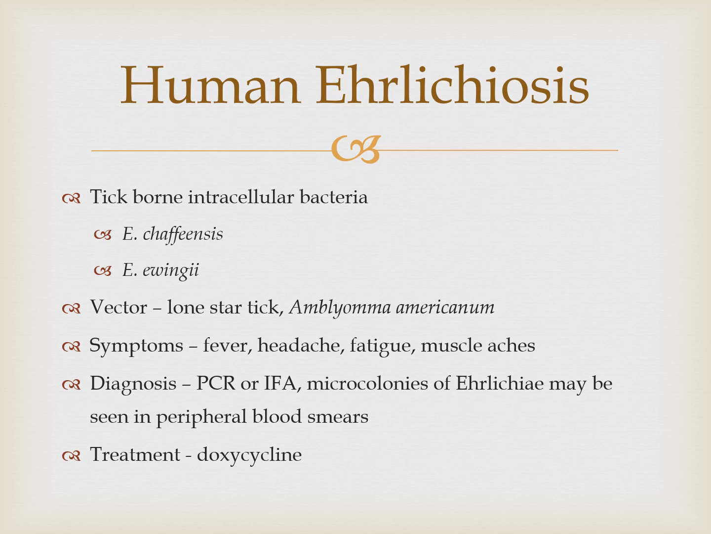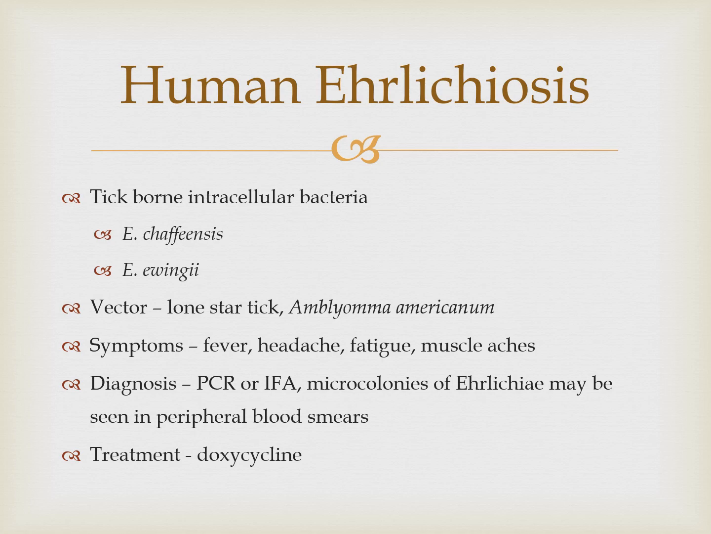Symptoms would be fever, headache, fatigue, muscle aches, and the diagnosis would be PCR or IFA, indirect fluorescent antibody. And microcolonies of Ehrlichia may be seen in peripheral blood smears, and the treatment, of course, is going to be doxycycline. So let me take you to the next slide where you can see a colony of Ehrlichia inside of